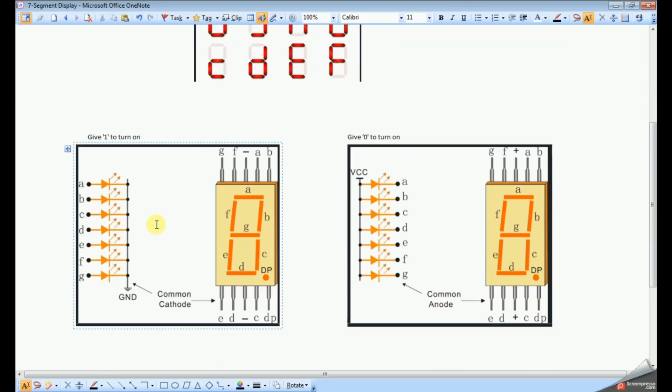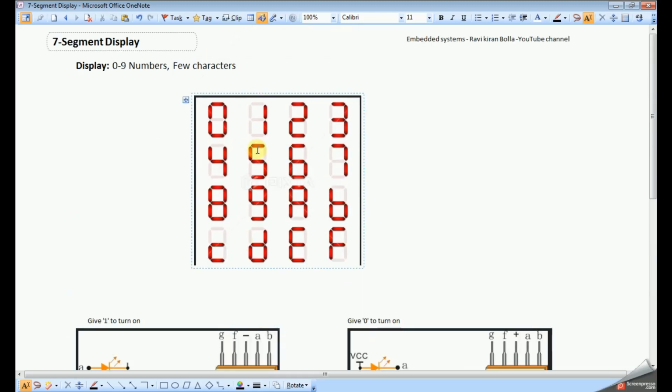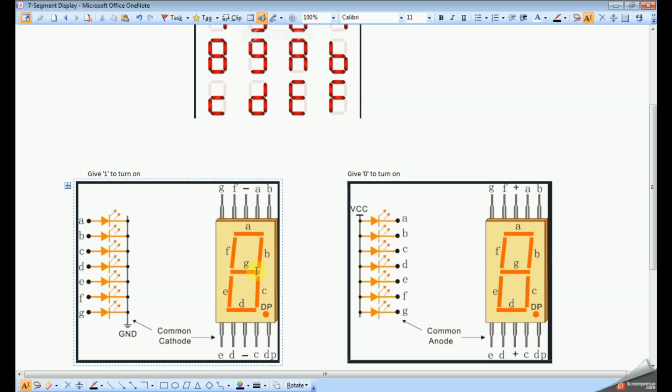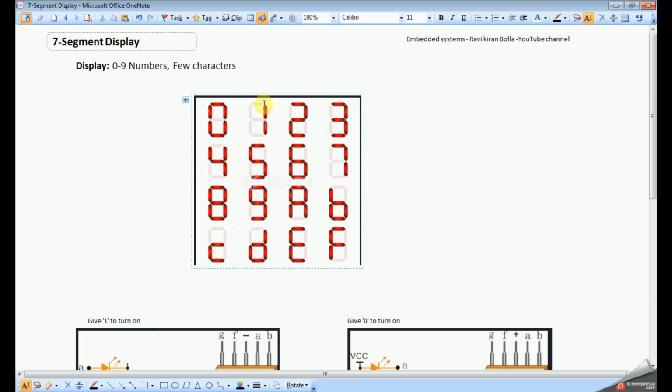We call it as A, B, C, D. This is A, B, C, D, E, F, G. So if you want to display number 1 in this display, then the B and C LED segment should be enabled to represent 1 as shown here. So only BC is enabled, remaining segments off.